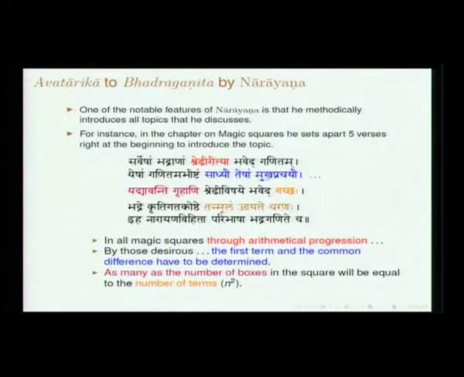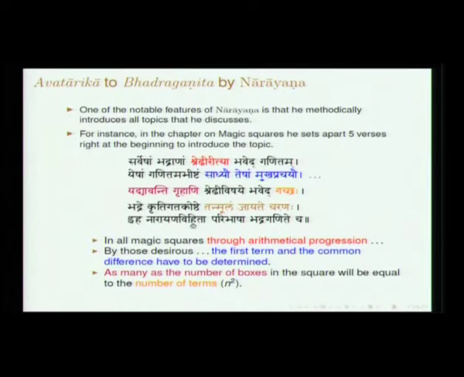So Bhadre Kritigata Koshthe Tanmulam Jayate Charanaha. Gachasya Moolam Charanaha Jayate means, if you have a 4 by 4 magic square, the number of elements will be 16, so the root of that will be the number of rows or number of columns. That is called Charana. Charana is basically a row. Then he says Iha Narayana Vihita Paribhasha Bhadraganita. In fact in Kaumudi the first prakarana is called Paribhasha Prakarana. This is all that is required, terminologies have been clearly stated. Now let us get into the magic square.